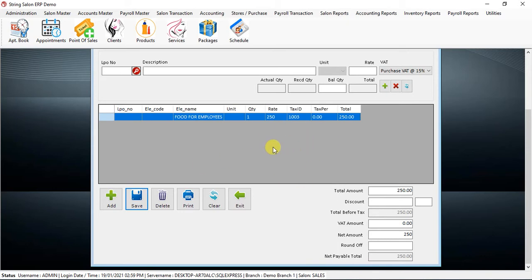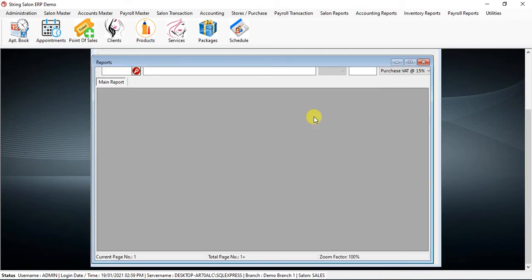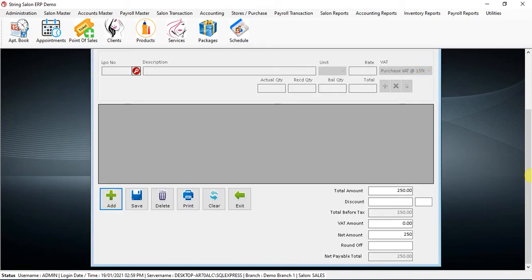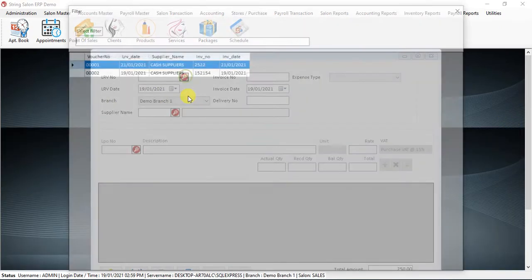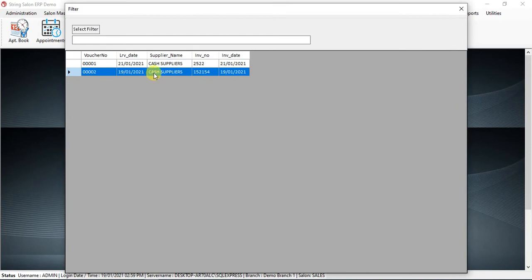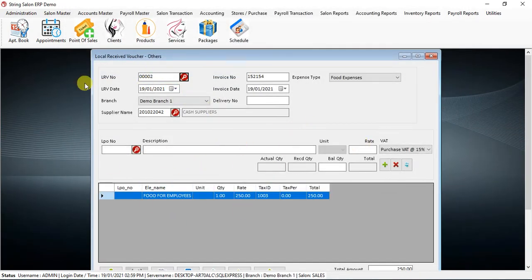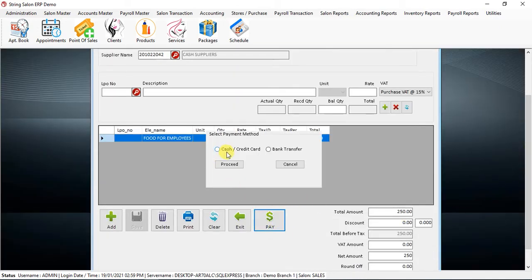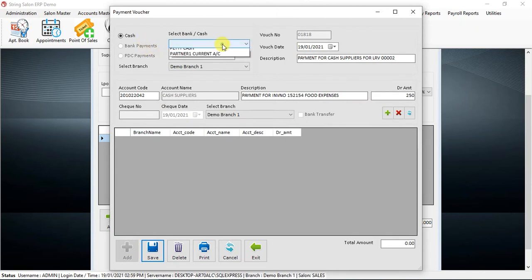This expense is recorded. Now the expense is recorded, but it is not yet paid, because you need to pay for that. Maybe you will pay at the end of the month or at the same time. If it is at the same time, all you need to do is take that particular voucher, and after that there is a button called pay. Click here, pay by cash or by bank transfer, it's up to you. If you press cash, proceed, then you will see how you paid from your petty cash or cash.